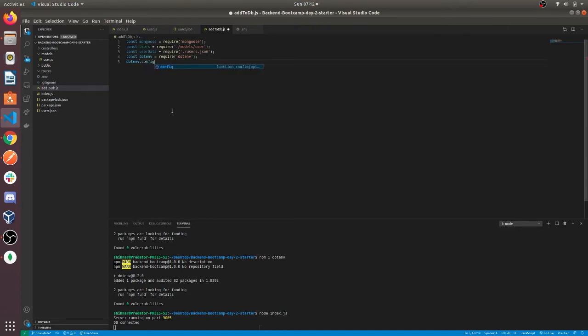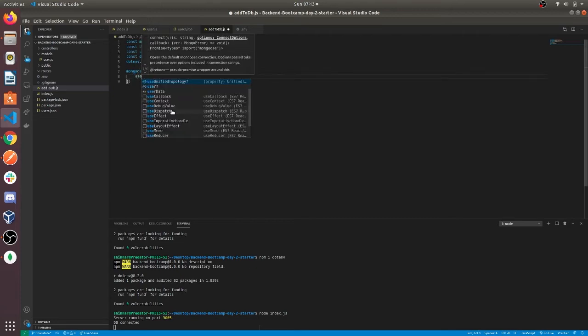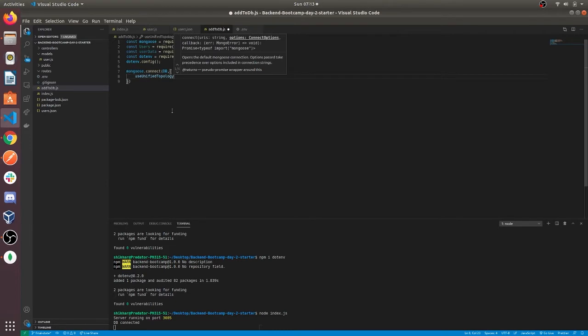Just dotenv and dotenv.config, just like we connected our app before. I'm connecting this file because this is not going to run with our server. This is a separate script that I'm using to import my user data.